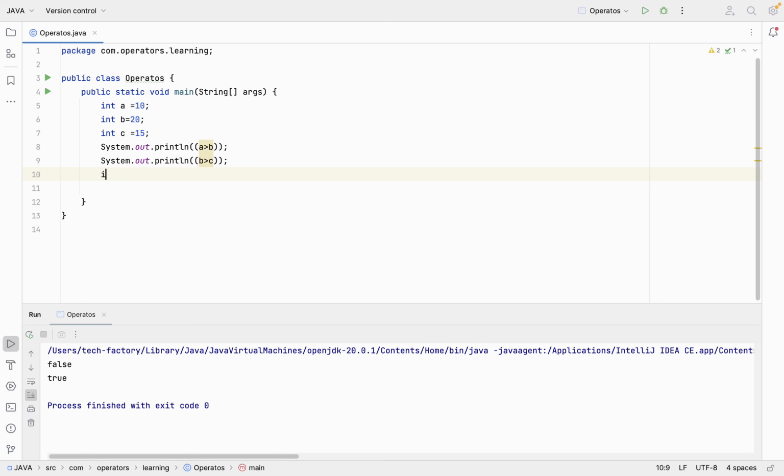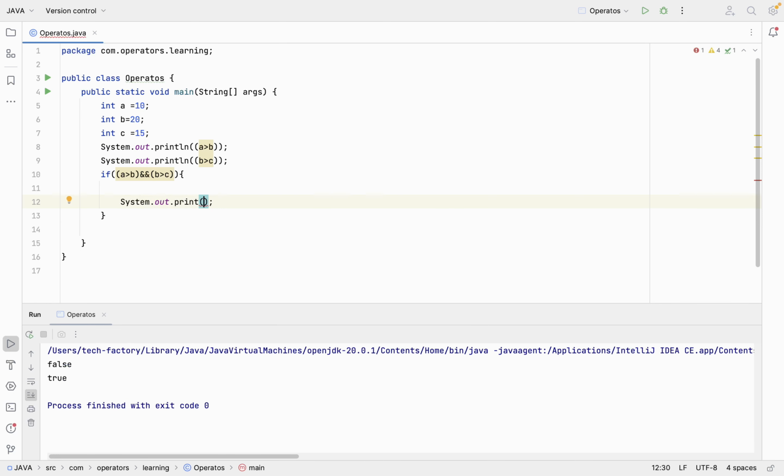So I am going to put this condition in the if here. If A is greater than B, I am going to print this value from here, and I am going to put the operator that is called logical AND. After that I am going to print these two values here, and I will print some statement saying